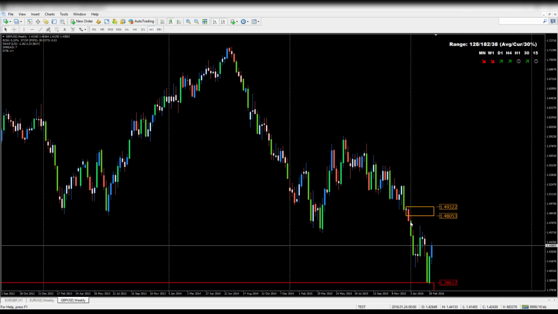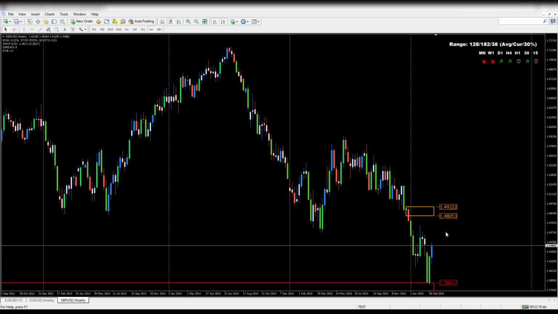Didn't quite get up here, but it's reacting on something in here. So if you go to the daily, there's probably something in here that capped price. Then it moved down here, and now we had a very strong rejection. And so now price is beginning to creep higher. And so what we want to see is this area of supply to be consumed by the order flows. And once that happens, then you want to find out what area of demand is responsible for